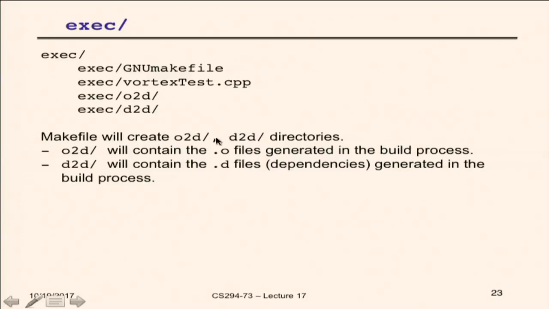So the object files you already know, but the fact that we're putting them in one place, what's this going to do for us? Well, I'll tell you one thing it's going to do is that you no longer have to worry about, in this case, you're only doing 2D, but if you were running 2D and 3D problems together, for the way we're going to set this up, this directory is decided by looking at the makefile definition for dim. So you can simultaneously have 2D and 3D and not worry about the object files not being remade correctly or colliding with each other, because you've stored them for permanent reference in one place. And similarly for the